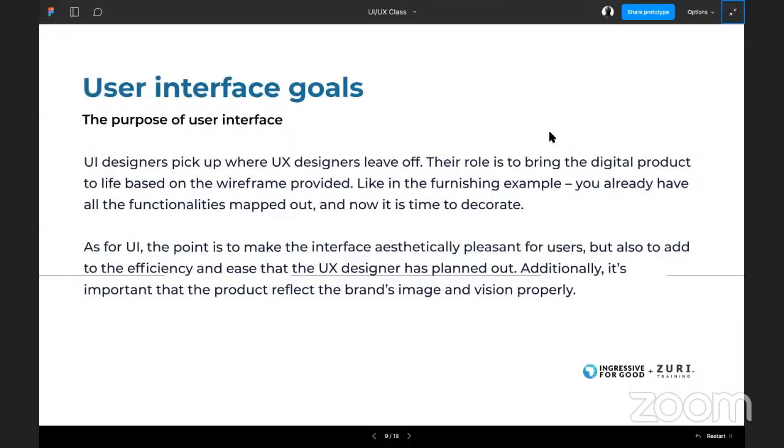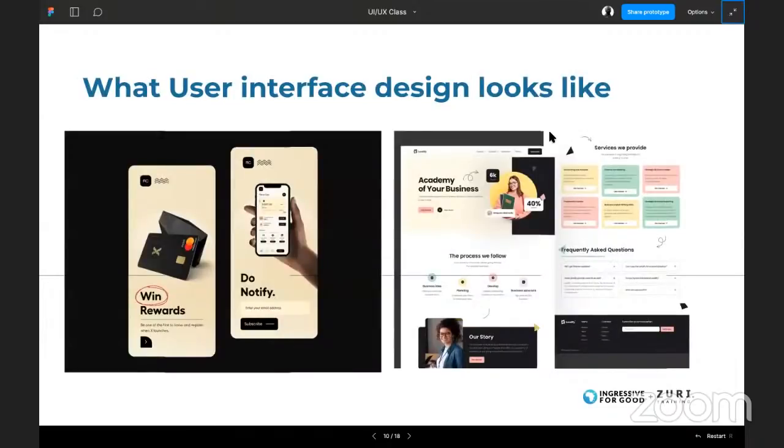So the main goal of UI is first off to interpret the solution to the user. That's the major thing, but then also to add some aesthetics so that things won't be too boring for the users. So it's basically what you see. This is quite a sample. These are onboarding screens, and that's the landing page on the right. And so this is user interface, and then you would begin to, if it's a product, for example, like this one on the left,